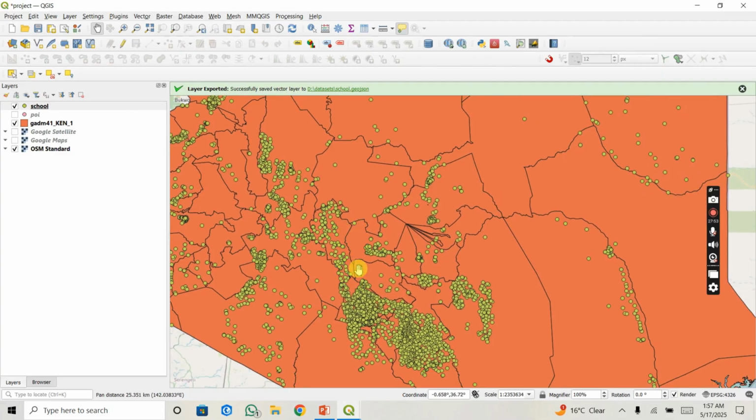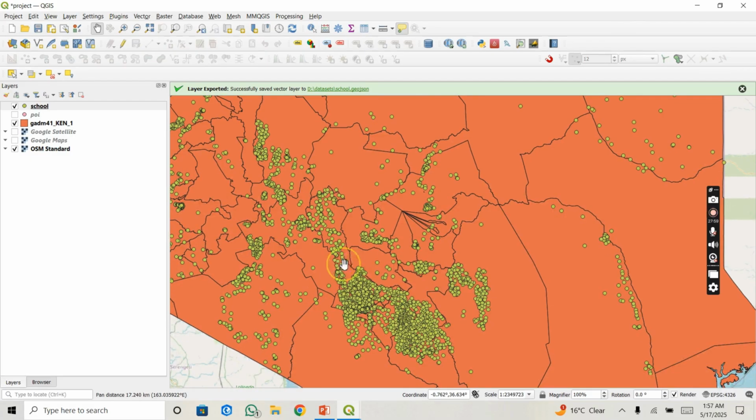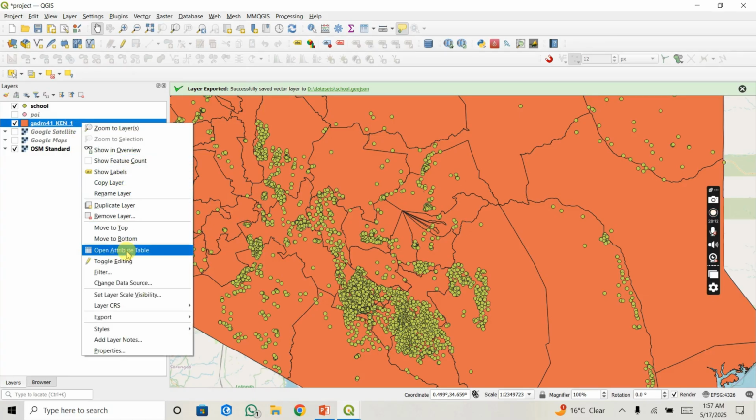I'm not sure where it's around this place. So how do we, let's do a specific county for Kenya. So this is the layer that has the counties. So I'm going to select this and open the attribute table again. We'll do the same thing we did with the